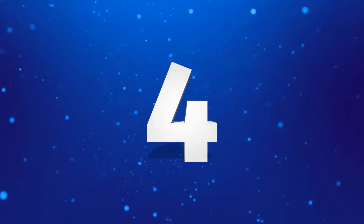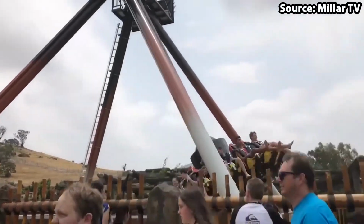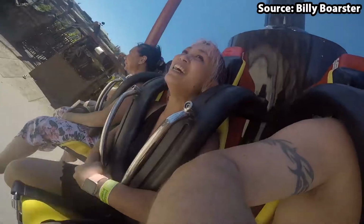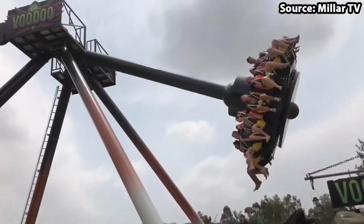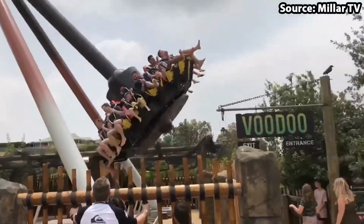Get your sick bags ready, as coming in at number 4 we have Axis 360, and as you can probably guess by the name, this is not for the fainthearted. In fact, this is probably the most intense ride at the park. Many people see this as a smaller and therefore worse gyro swing, but oh no, this packs a punch,